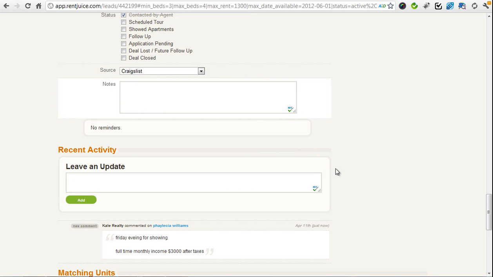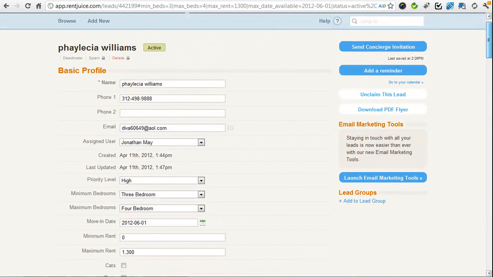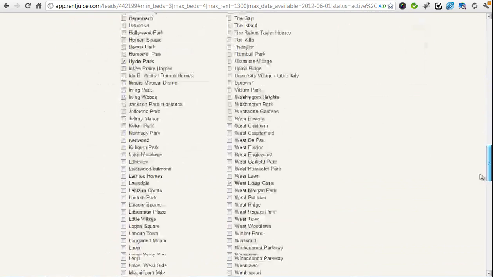After you put the leave and update, you click add. It puts a permanent record there. Then what you want to do is scroll up to the top and click unclaim this lead. Unclaiming the lead obviously resets it and puts it into your system so that then someone else can claim the lead. So that's why we say when you first claim a lead, scroll down here to see what notes have